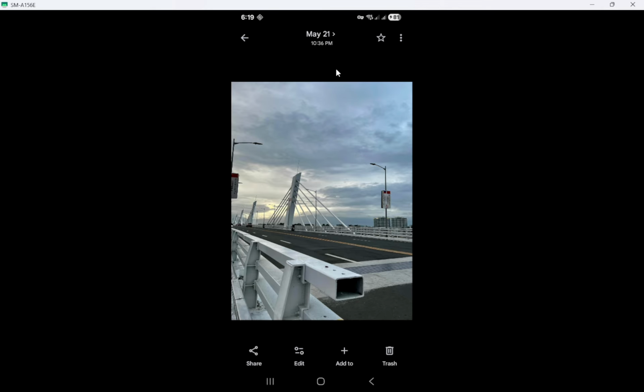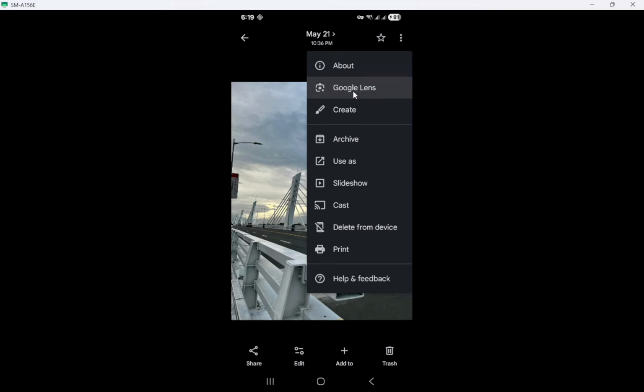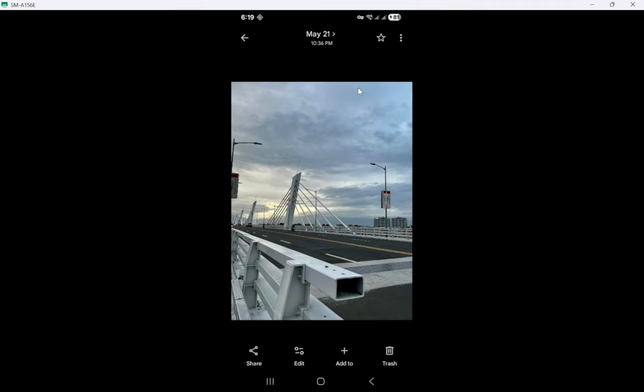or a landmark. Next, tap the Google Lens icon. It typically looks like a small camera or a rounded square with a dot, and you'll find it along the bottom of the screen in Google Photos. Because Lens is integrated directly into the app, you don't need to switch anywhere else. Just tap it and let it analyze the image. After a moment, you'll see results pulled from across the web.